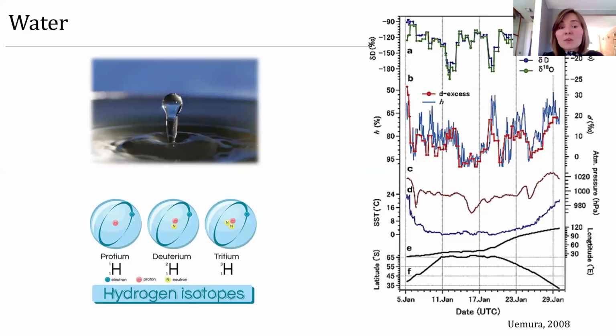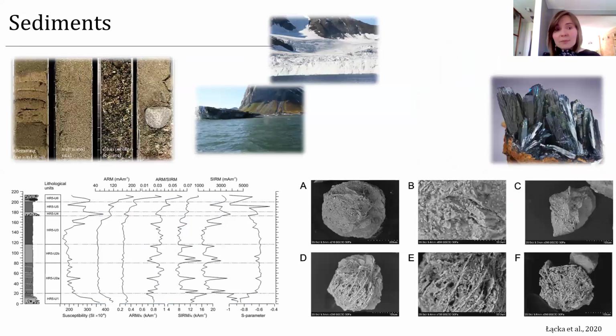Also, we can obtain information about the ancient environment from water, from ice in this case, but also from hydrogen isotopes. It is possible to use the isotopic composition of the water, or the ice that comes from this water, based on the proportions of different hydrogen isotopes. They depend on the moisture and the process of evaporation. And based on this, it was possible to obtain a record of temperature. It is not a very commonly used proxy. Actually, I've never seen many studies based on this, but it's another example. It's possible.